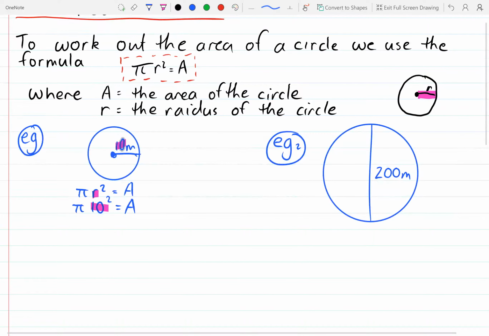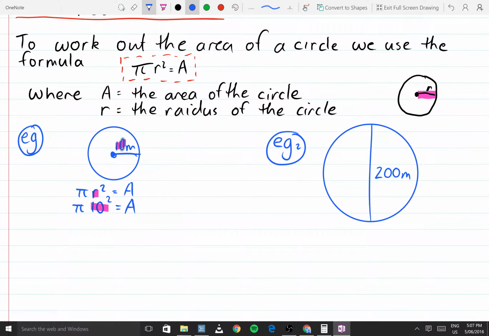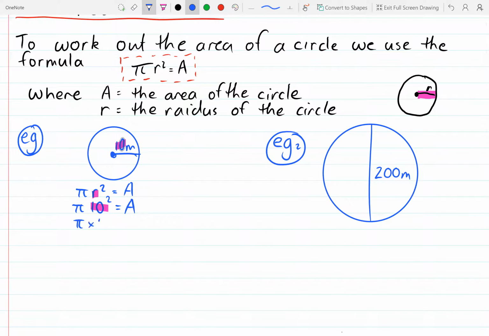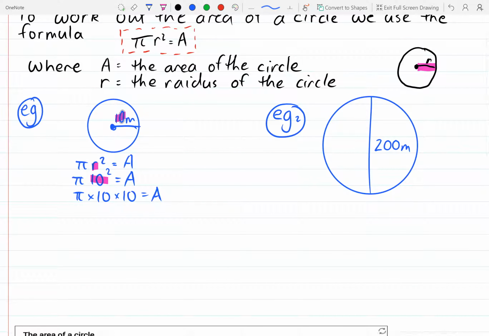Okay, now this is a place where people make mistakes. Squared means times by itself. So pi times 10 times 10 will give us our area. Okay, so 10 times 10 is 100. Pi times 100 is